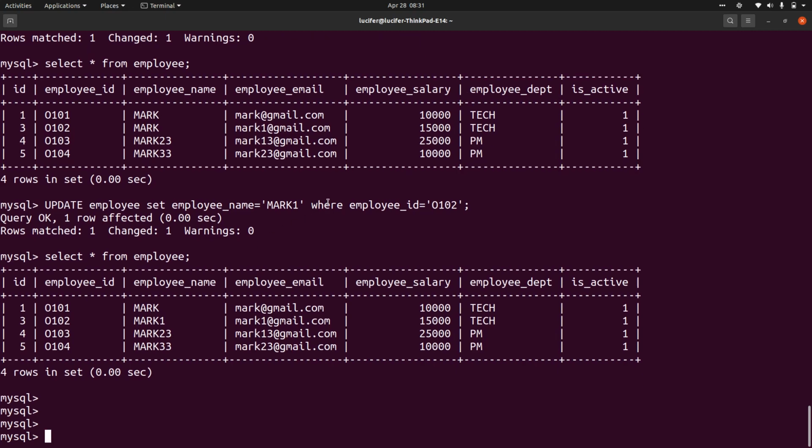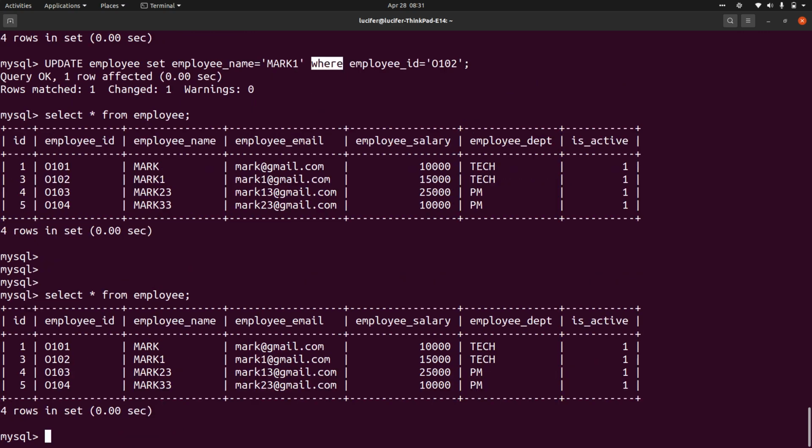Now you can use this where statement even in reading the data. Till now, we were just getting all the data, which means it will just print out all the data. But if you have thousands or lakhs of records, you don't want to see all the data, you only want to see some data based on your requirement.